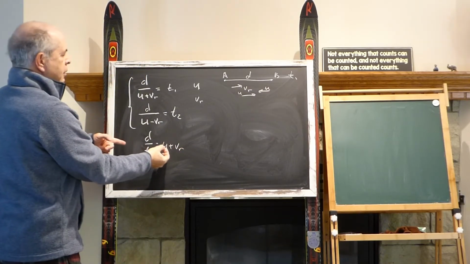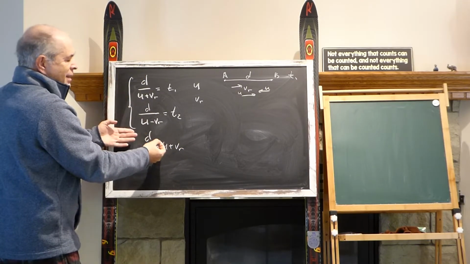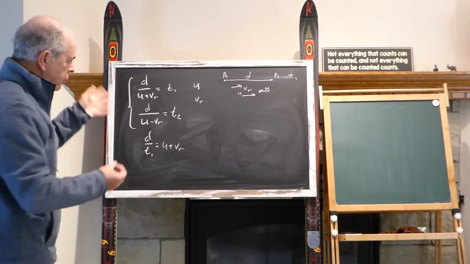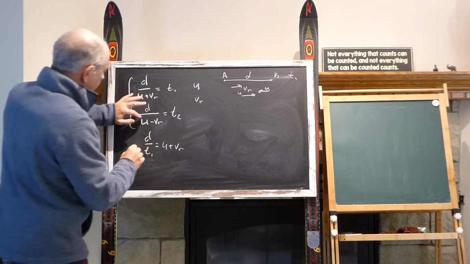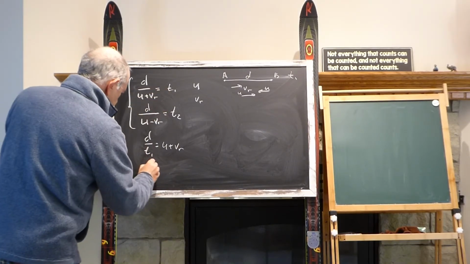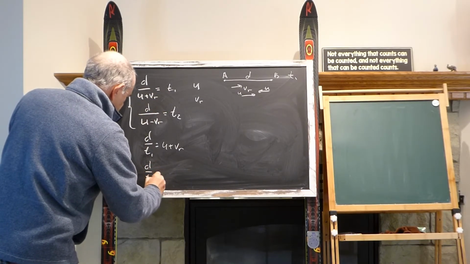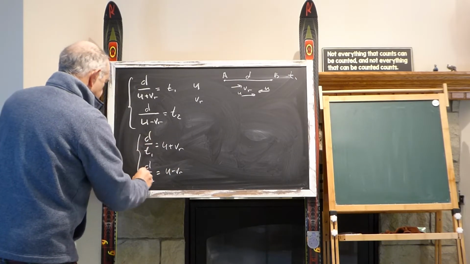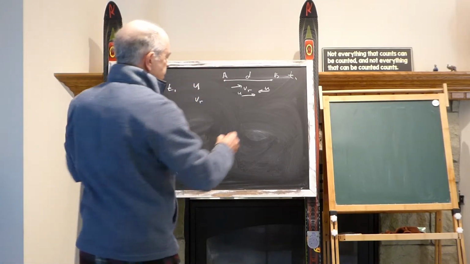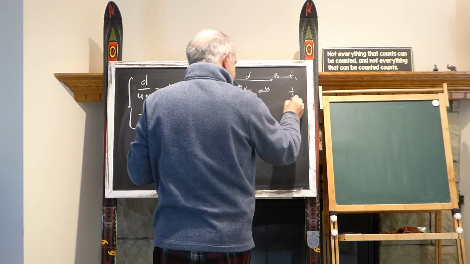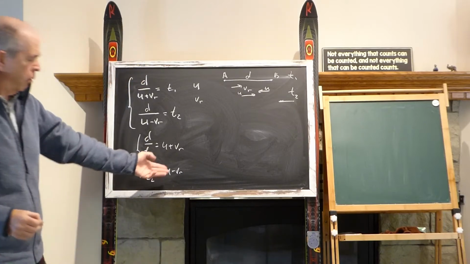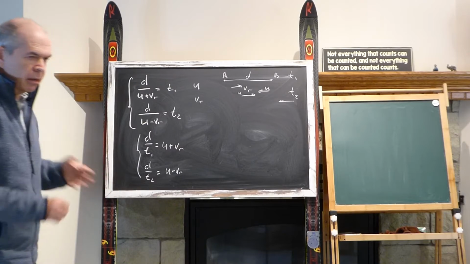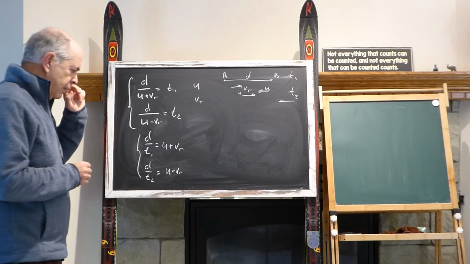You can start with this equation. You can start with this. It's the same from mathematical point of view. It's the same from physical point of view. It's how you decide to do it. And when you send T2 to this denominator, it would be D over T2 equals U minus VR. And again, it's very good physical meaning. D divided by time T, when it travels that way, it's U minus VR. Still same two equations, nothing changed, and